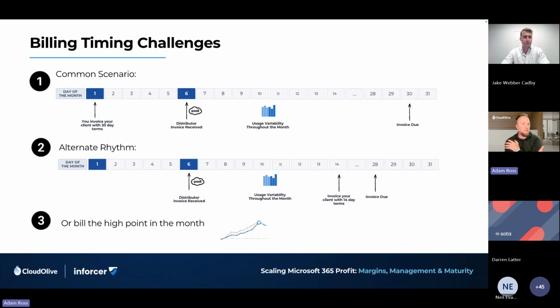One of the things that probably about 20% of the MSPs we work with are already doing is, we go, hey, how do you bill your pro rates? And they go, well, we just bill the high point in the month. And about 80% do not. Like 75 to 80% do not. They really try to do the pro rates to the day. I don't think there's a right or wrong to this. I think it's personal preference. But just to give you some of the numbers behind considering a high point, and maybe it's not for every customer, because some will drill you if there's anything that's off. So fine, don't do them. Do not do them, because it's going to give you a headache.